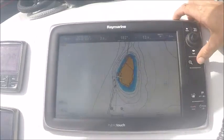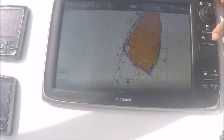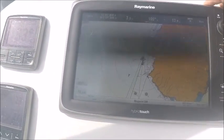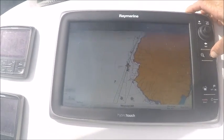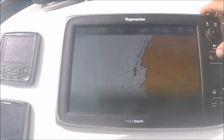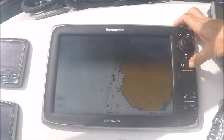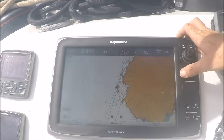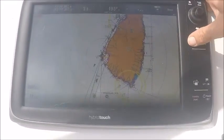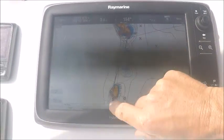I'll come back in on the boat. Zoom in, and we can see a few AIS targets around us, and we can see we're clear. There's no shoals or rocks or islands or anything here for us to worry about. We're just running on autopilot at the moment. We've got a waypoint set down at St Vincent, midway along the island,